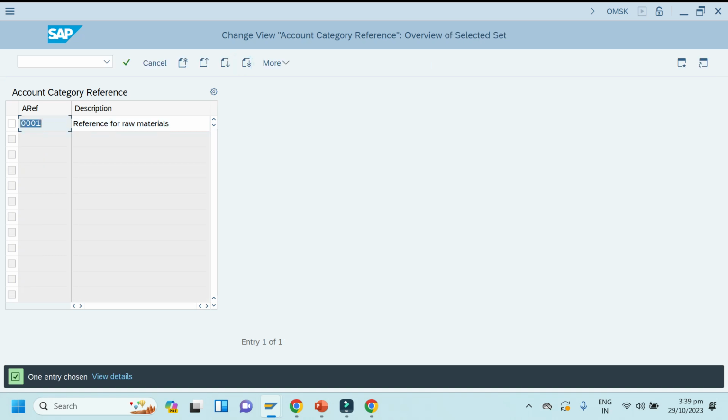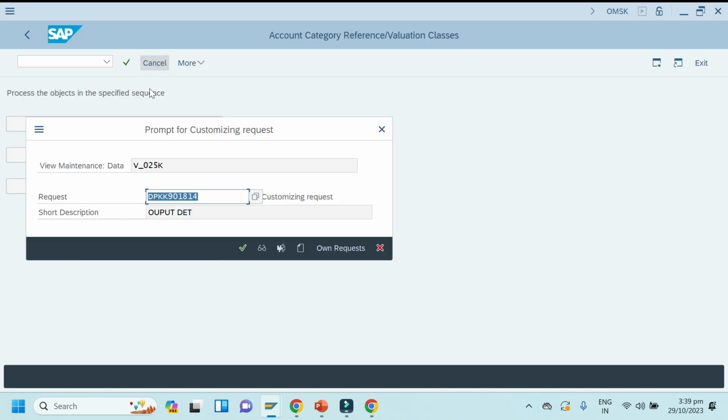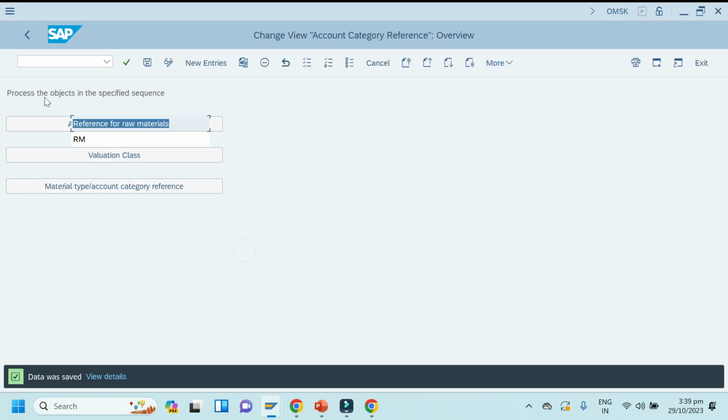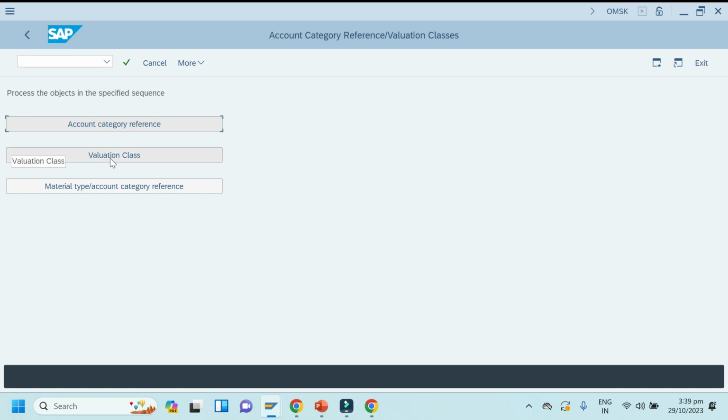So I'm defining Z001 reference for raw material, and save. You can also maintain the description, account category reference for raw material, and save this. Back to pop-up. Then define valuation class.